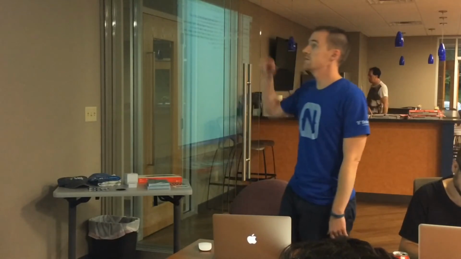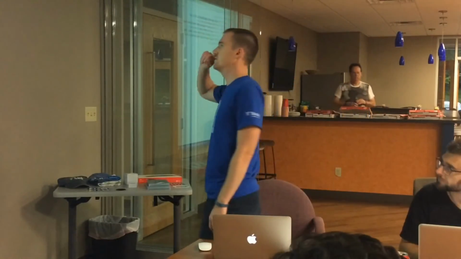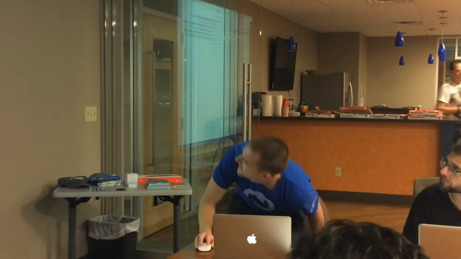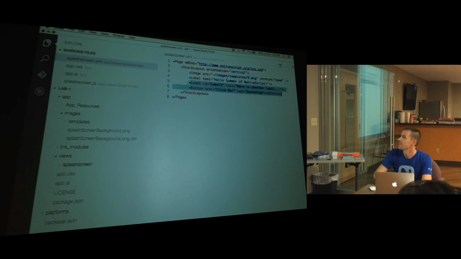Okay, so what I did is I added another label to mine, and then I added a button. If you're familiar with Visual Studio, many of the same keystrokes will work in Visual Studio Code. It's really cool. So I added another label.